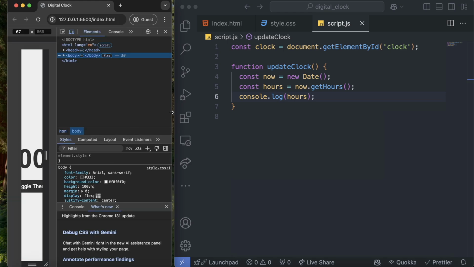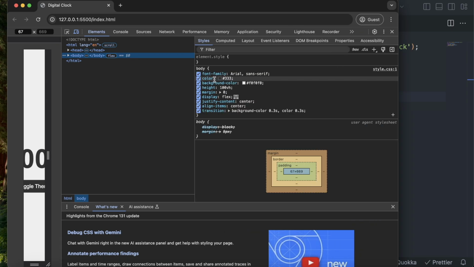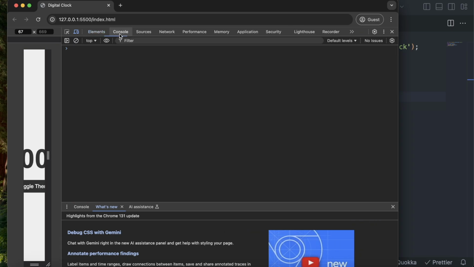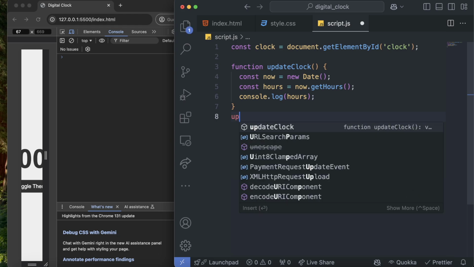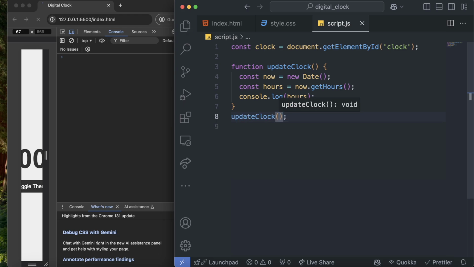For instance, on Mac, you can use Command Option J. That will directly take you to the console. And to see this in the console, we have to call this function. So update clock, let's call the function. And immediately we call this function, we actually see the result, which is the correct hour when I am